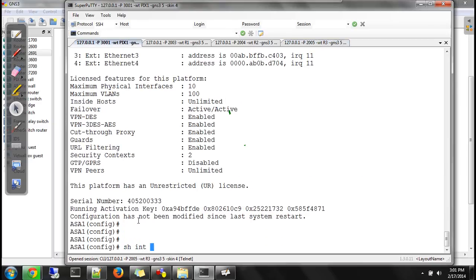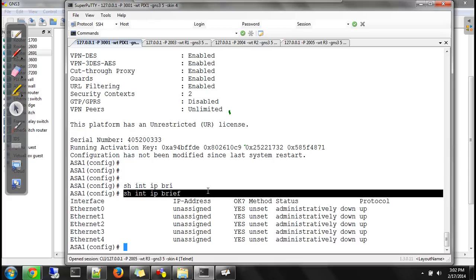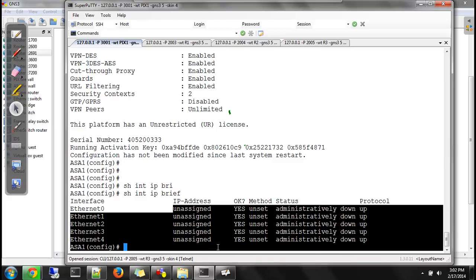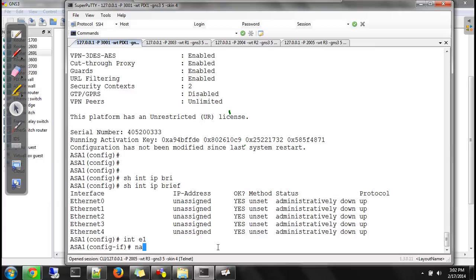Show interface IP brief. The command is different from a router, isn't it? So right now nothing is configured. So start configuring. I'll configure interface E1 first with the name as